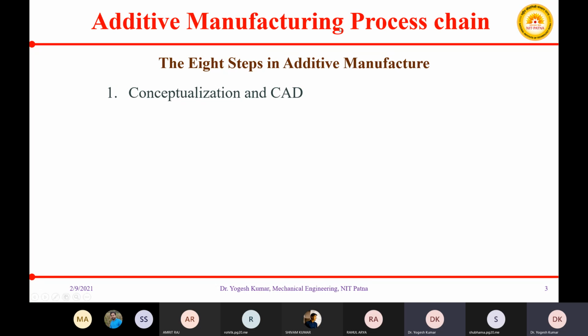So the very first step is development of a 3D CAD model in 3D modeling software based on the data available with you. Okay.